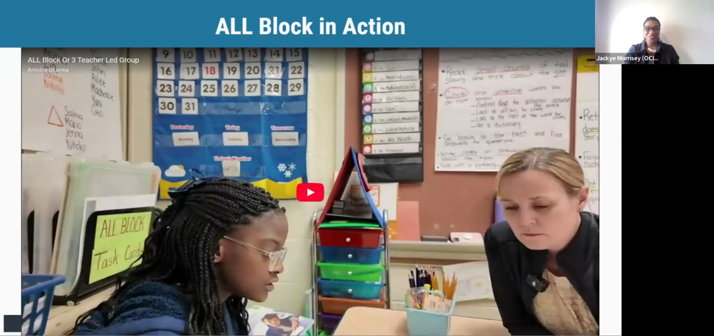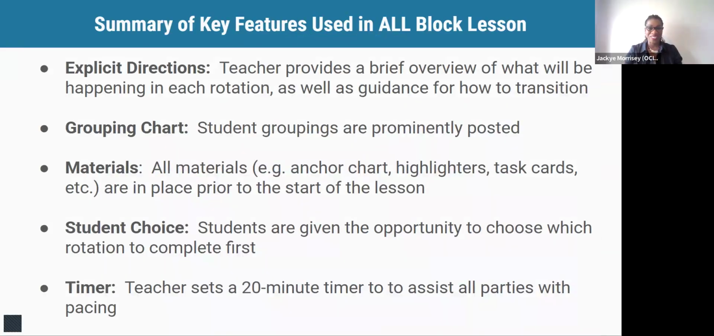All right, friends, if you are like me, there were so many great things that you saw in that video that were just right teaching when it comes to that All Block implementation. So let's talk about some of the few things that we saw that were key features that made this All Block lesson work so smoothly and work so well. So a couple of things, and I know that you all have got all of these things written down and maybe even more. But a couple of things that I wanted to make sure that we all were aligned on